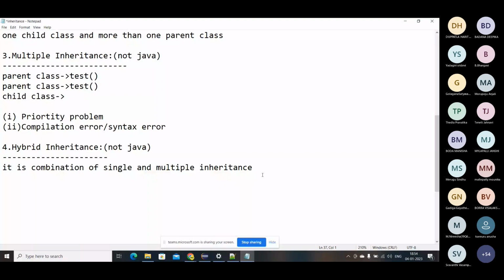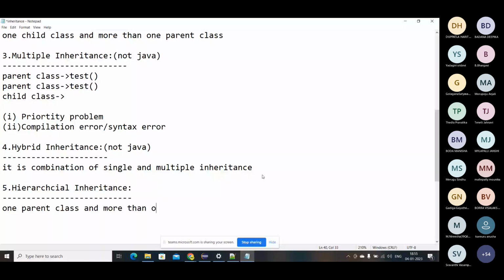Then finally, we have hierarchical inheritance. Hierarchical inheritance is nothing but one parent class and more than one child class.